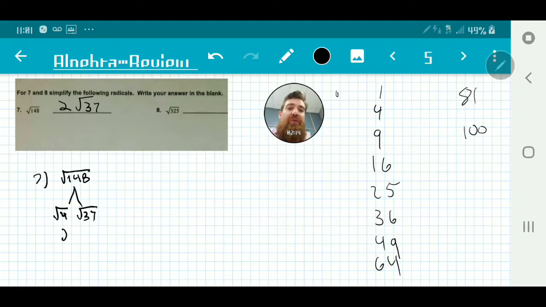The square root of 37 is a prime number. Well, we can't do anything with that to help us simplify. So that's how the calculator came up with 2 radical 37. All right, for number 8, we want to do this similar